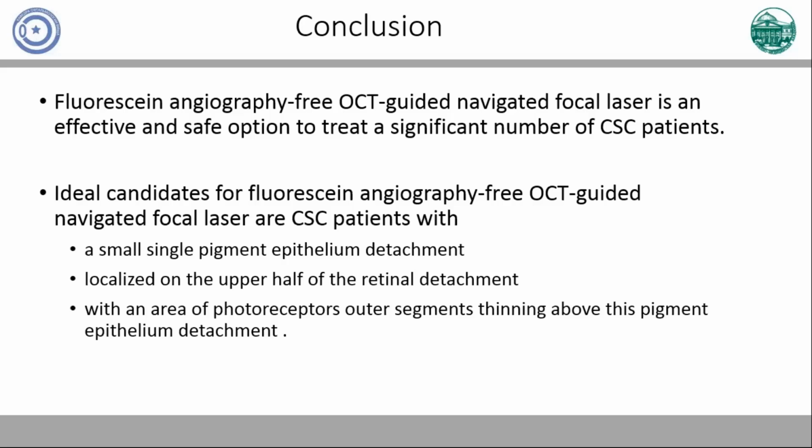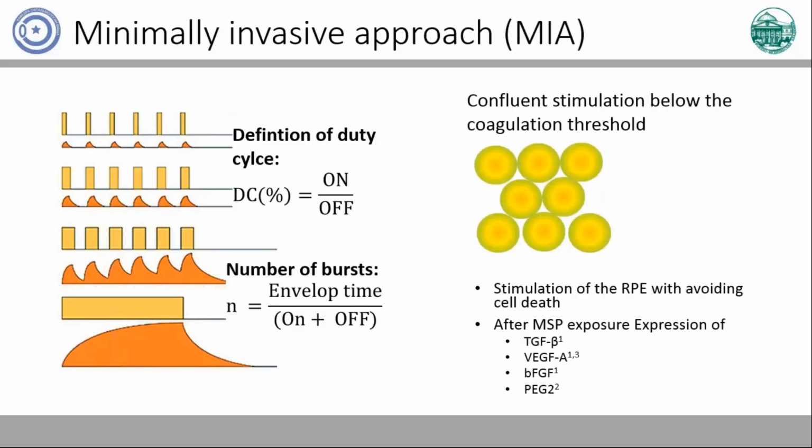You should choose non-complicated cases with a single pigment epithelial detachment clearly placed in the upper half of the neurosensory detachment with pore-thinning over it. Other findings like RPE ribs and washout of subretinal fibrin can also facilitate this planning, but they're quite rare. Another point I would like to discuss today is a combination of the fluorescein angiography-free approach with